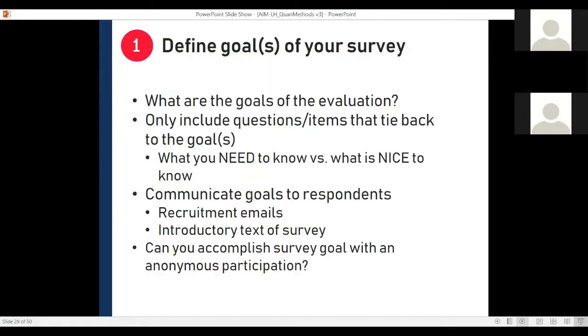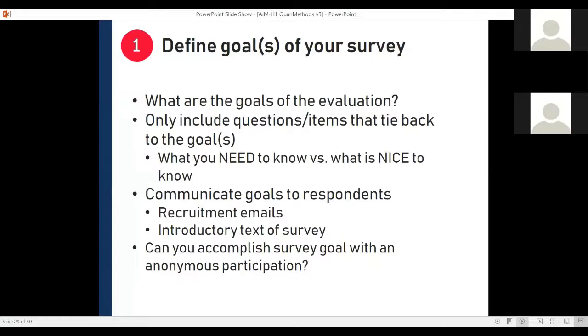Okay. So the first thing that you want to do is define the goal of your survey. So you can kind of think of this as like a headliner. So maybe just a 1-sentence headliner that tells what you're wanting to do with this survey. So it could be something like, our survey will assess public opinion of tobacco usage in indoor public places. Just something so that everybody's really on the same page of the purpose. And then of course you want to communicate this goal to your respondents. So whether it's in the invitation to a survey, maybe the introductory text of a survey or your script.